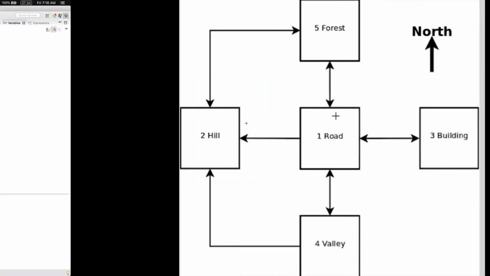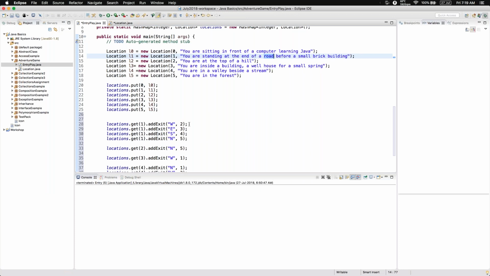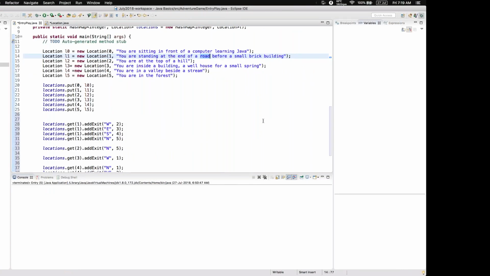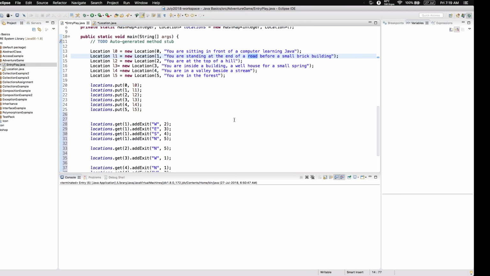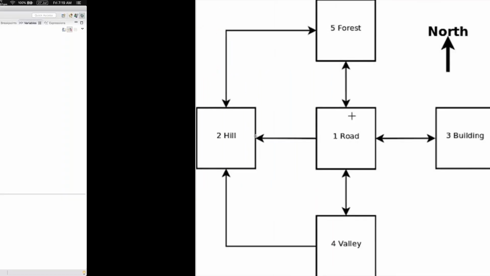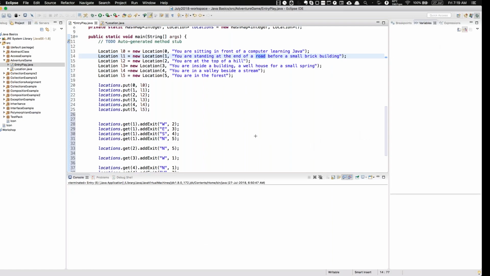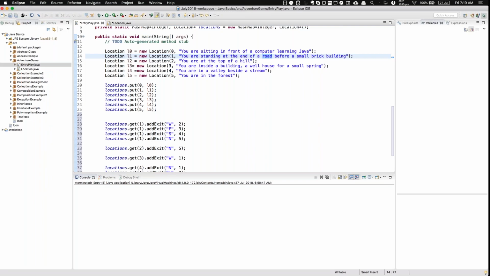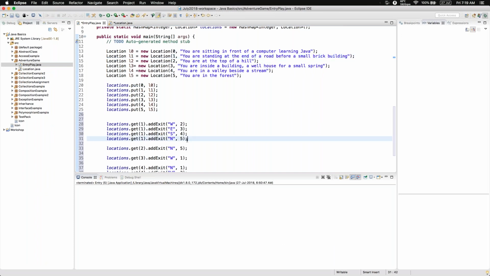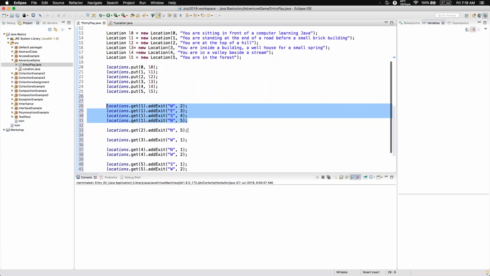So I'm adding towards the west, we have location 2, that is hill. Towards the east, we have location 3, that is building. Towards the south, we have 4, that is valley. And towards the north, we have 5, which is the forest. With these 4 lines, I have added 4 exits for the road, L1. On the same lines, now this is the exit for our